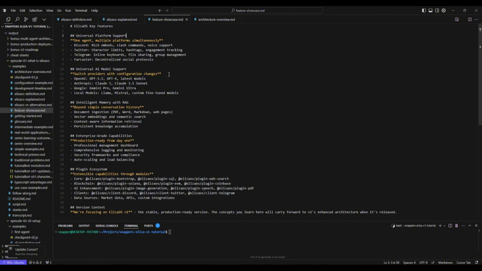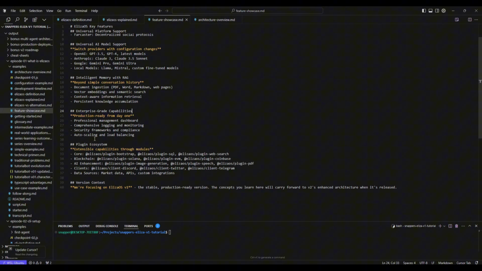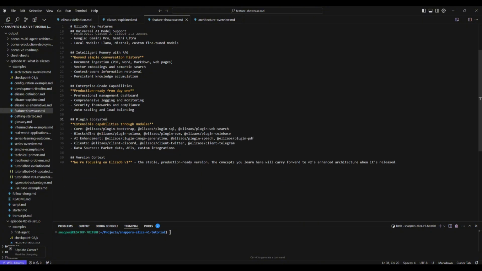So as we can see here, the universal platform support is one of the key features. So as mentioned, one agent with access to multiple platforms and the ability to maintain consistent personality across all platforms. Universal AI model support. So it's really easy to switch between model providers if you want to do different testing. It's just a matter of changing your API keys and the command of what model that the agents should use. Intelligent memory with RAG is another feature which we'll dive into a bit later and show you how to build that memory database. It's got enterprise grade capabilities, which we've already talked about, and the plugin ecosystem is another key